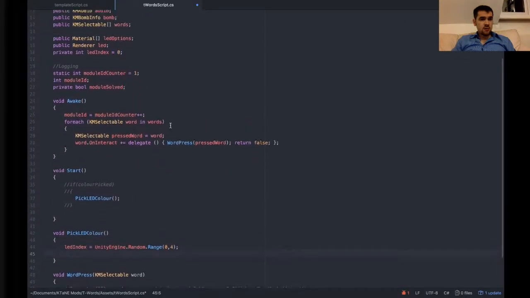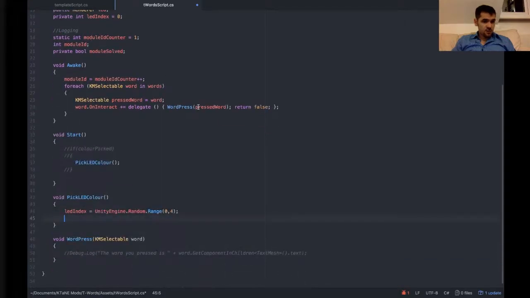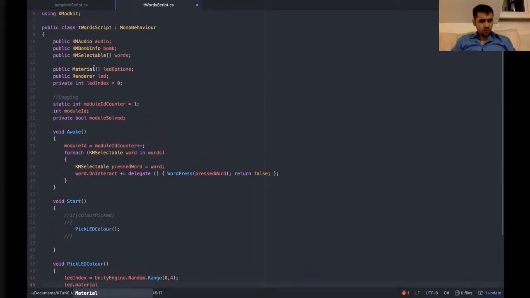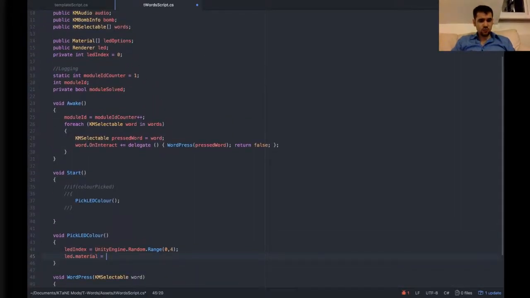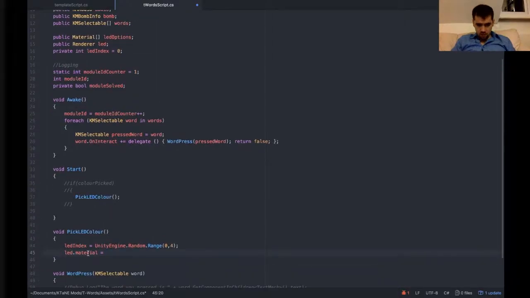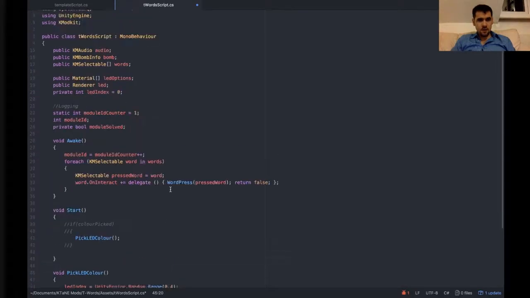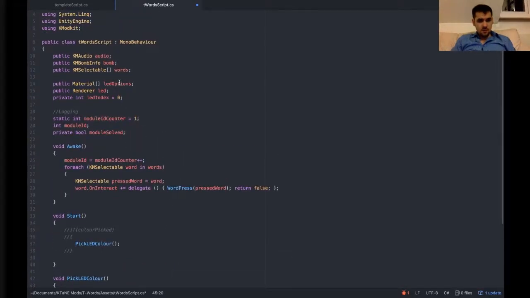So we need to take our renderer, which in this case is called LED, dot material, remember we've got an array of materials, equals, so the material of this renderer is going to be LED options,